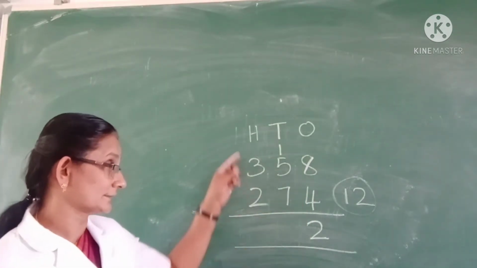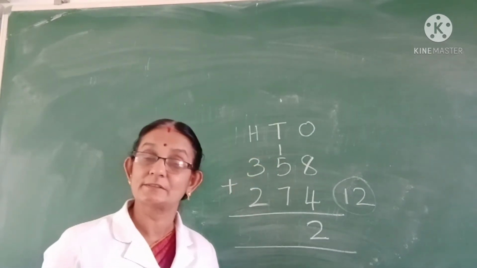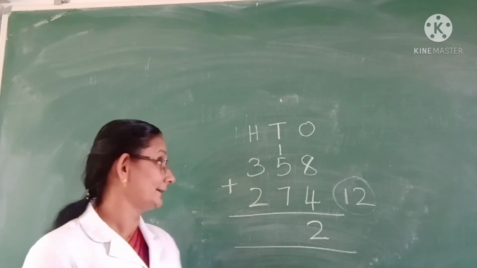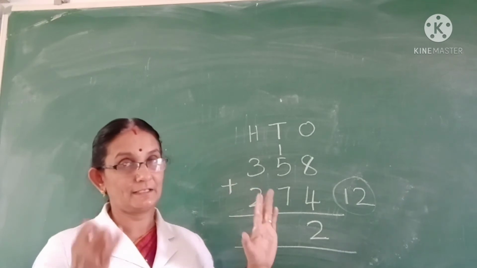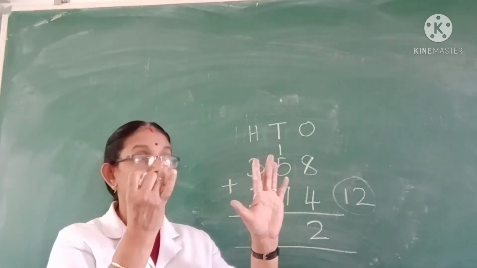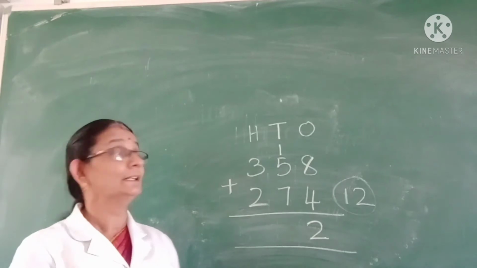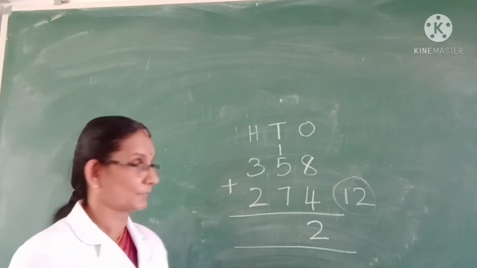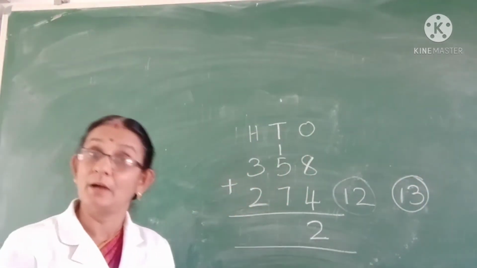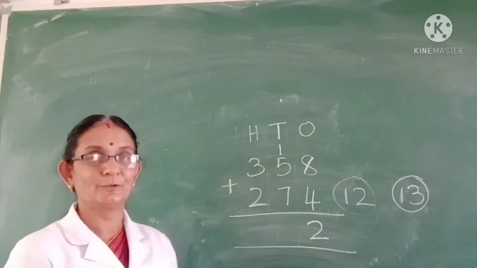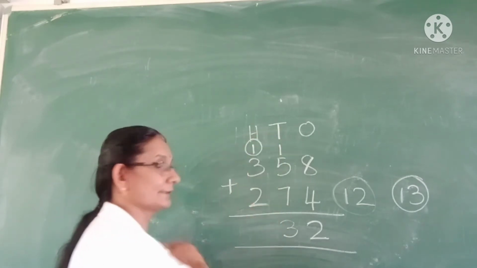Now let us add the digits in the tens place. So what is 1 plus 5? Yes, 1 plus 5 is equal to 6. Now add 6 plus 7. So again take 6 in mind and 7 in hand. And so you have after 6, 7, 8, 9, 10, 11, 12 and 13. So you have 13 tens here. Okay, so you have 13 tens. 13 tens is equal to 1 hundred and 3 tens. Okay, so 3 is written in the tens place and 1 is carried over to the hundreds place.